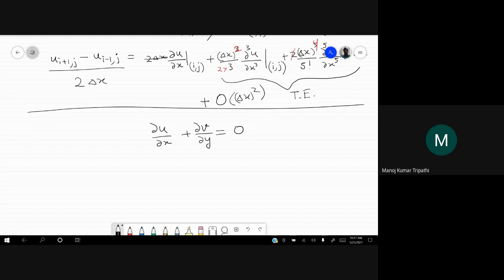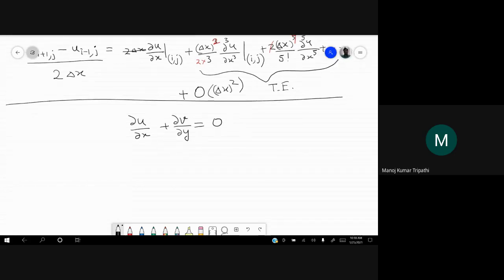This is the continuity equation where u is velocity in x direction, v is velocity in the y direction. We cannot directly give this equation to a computer to solve. We need to convert this in some form where there are only addition, subtraction, multiplication, division. These are the basic expressions that a computer understands. It cannot do differentiation for us. It cannot integrate an equation for us. So we have to convert it in a form that a computer can solve.